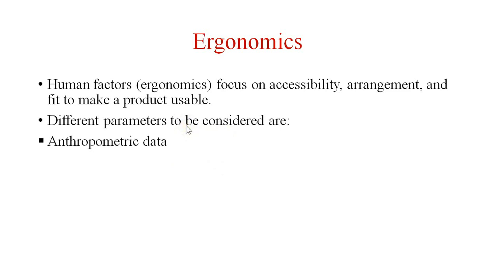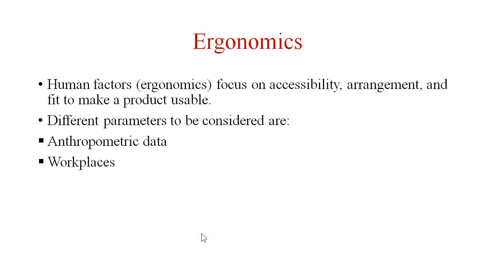First one is the anthropometric data. It is generally related to the physical layout of the human, or the physical layout of the workplace where we have to use that particular product. The capability of the user population varies with age, sex, size, and mobility, and also due to coordination, reaction time, training, and the cultural background where the product is to be used. According to that, the capability of users varies. So we have to consider where the product is to be used, and according to that physical layout, we have to design the product.